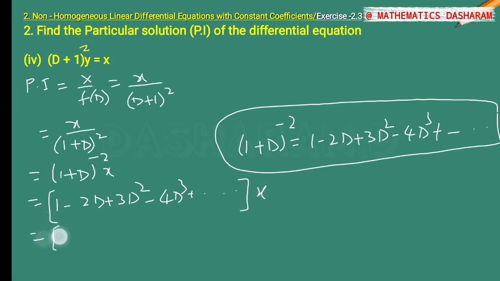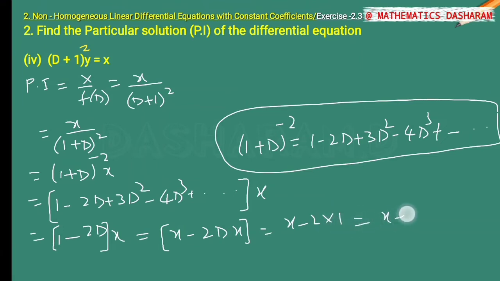So here ignore the higher derivatives, only 1 - 2D remains, because the derivative of x will become 0 if you take the 3D² - 4D³ terms. Now multiply x inside: x - 2D into x. So x - 2 into the derivative of x, which is 1. So x - 2